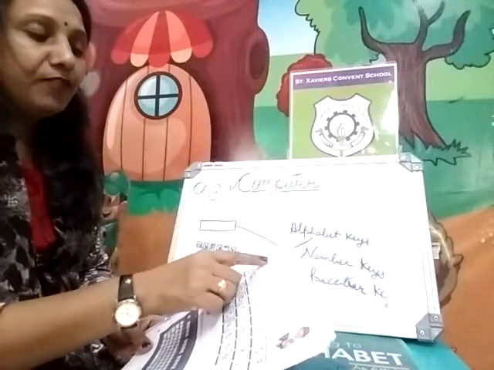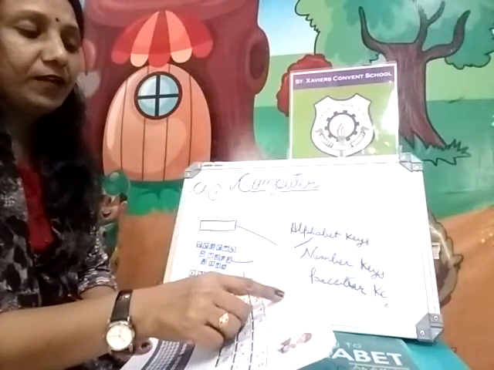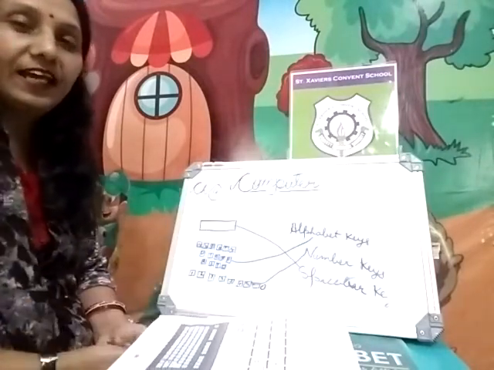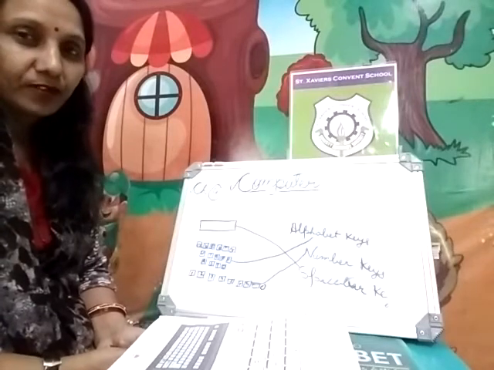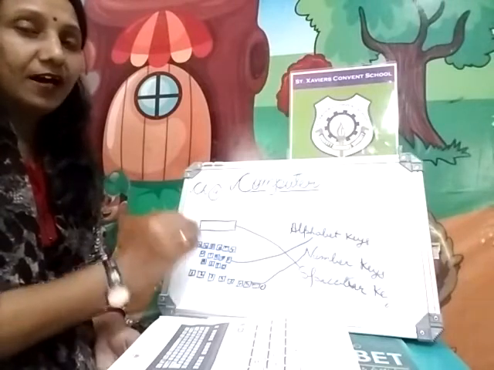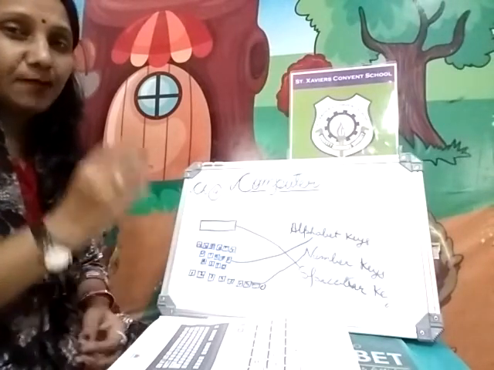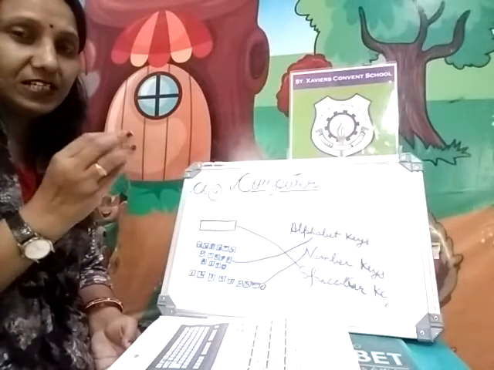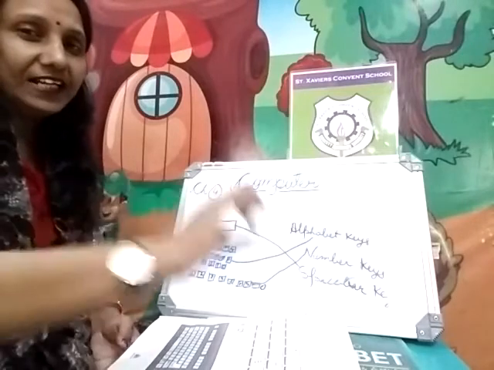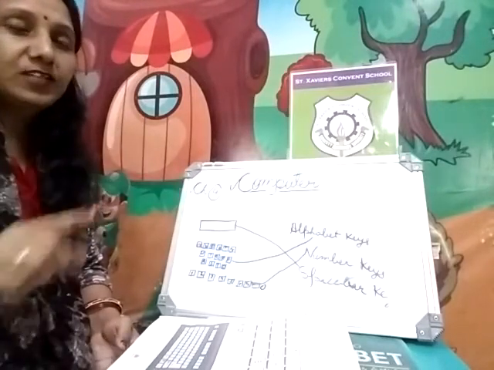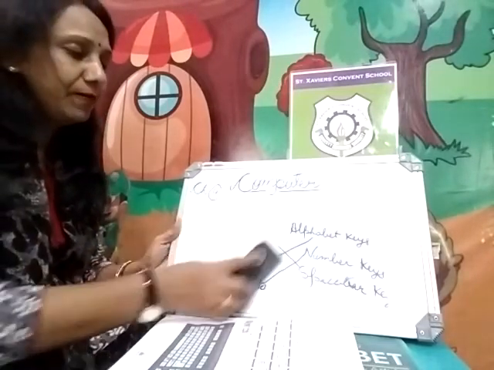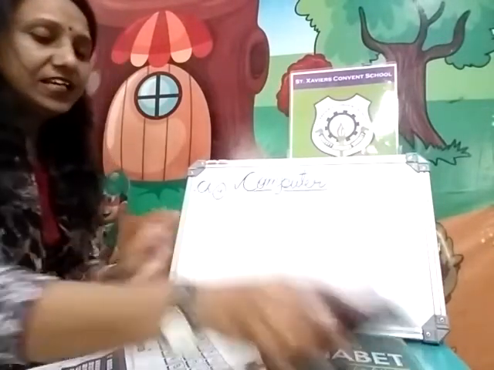Next, alphabet keys are from A to Z. Alphabet keys are from A to Z and they are 26 in number. On this keyboard, A to Z alphabets are how many? 26. A, B, C, D. If you count that A, B, C, D, E, F, G, H, I, J, K, A to Z if you count. You just write and count. 1, 2, 3, 4 like that. So how many all these alphabets? 26. How many alphabets? 26 alphabets.